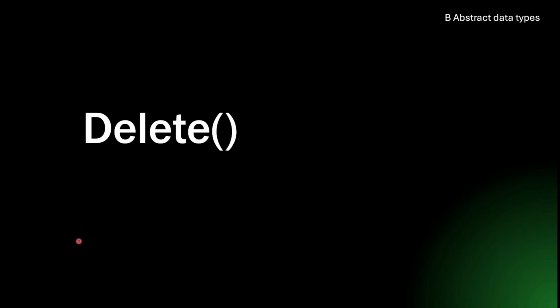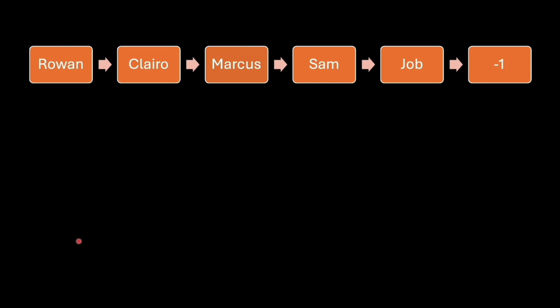Let's see how we can delete an item from a linked list. So let's say I want to delete Marcus from this linked list. If I want to delete Marcus, all I have to do is make sure Claro is now pointing to what Marcus is pointing to. In other words, I have to make sure that Claro is now pointing to Sam instead